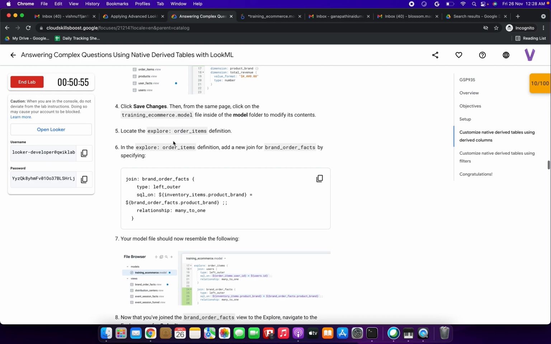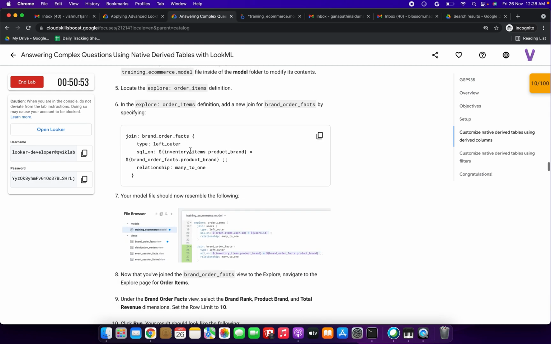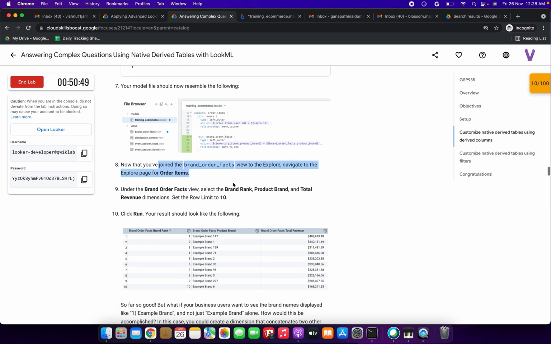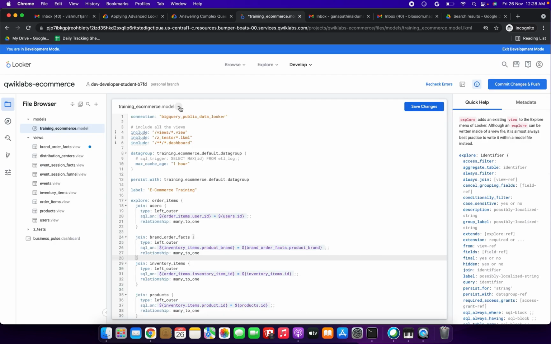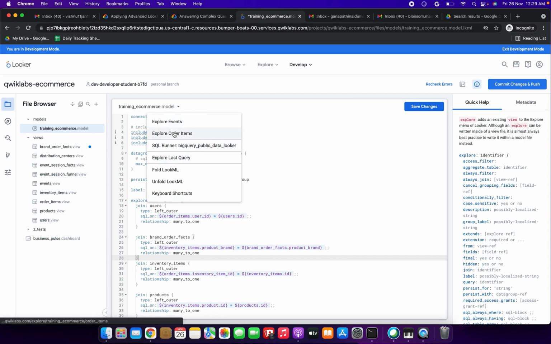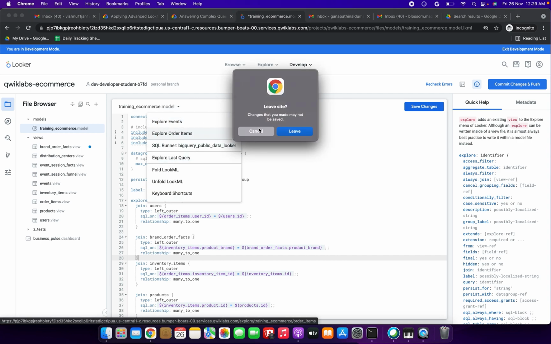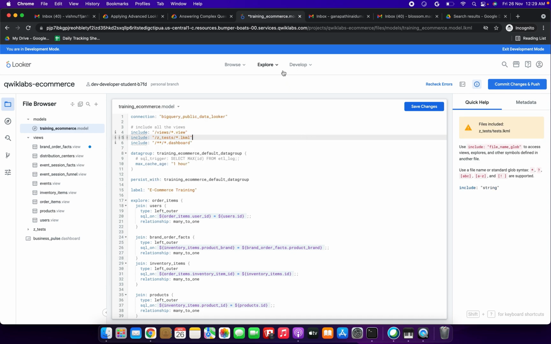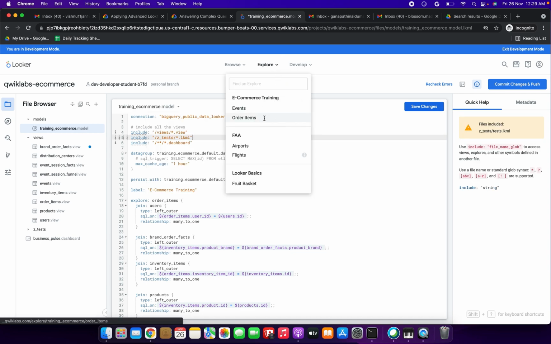Now we have done this step, and we have done this also. Now we have joined the brand order facts view to explore. Navigate to the explore page for order items. Now I am trying to click it, friends, explore order items. It is asking whether we need to save or not, but before that we need to click save changes, right?